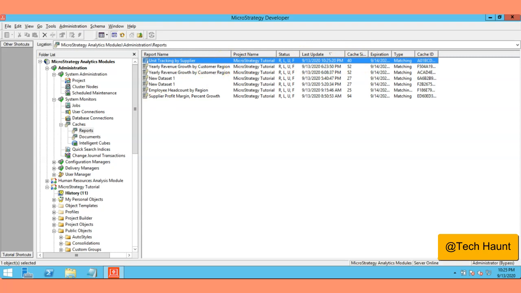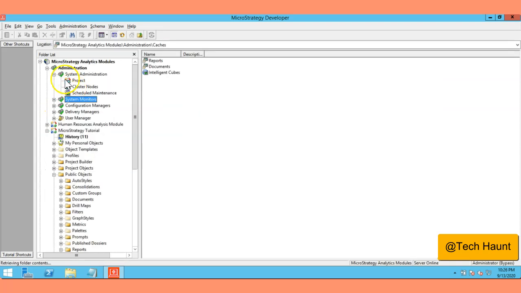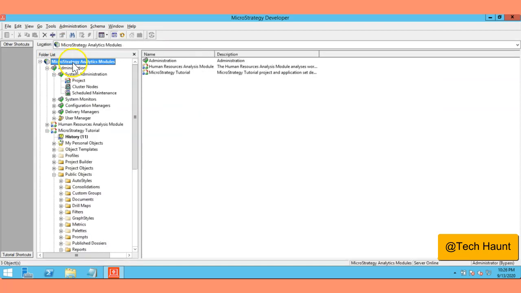Our whole goal in this exercise is to delete all these caches, because our data warehouse has been updated. So you need to schedule a task. You need to click on your MicroStrategy Analytics Modules, or your project source if you have something different from this one.